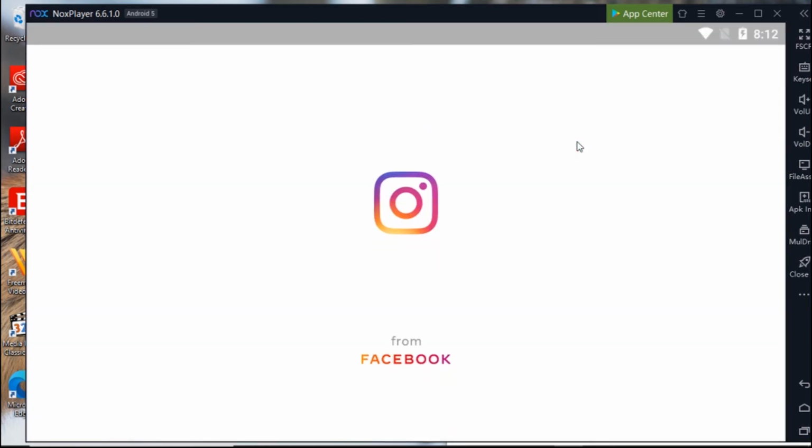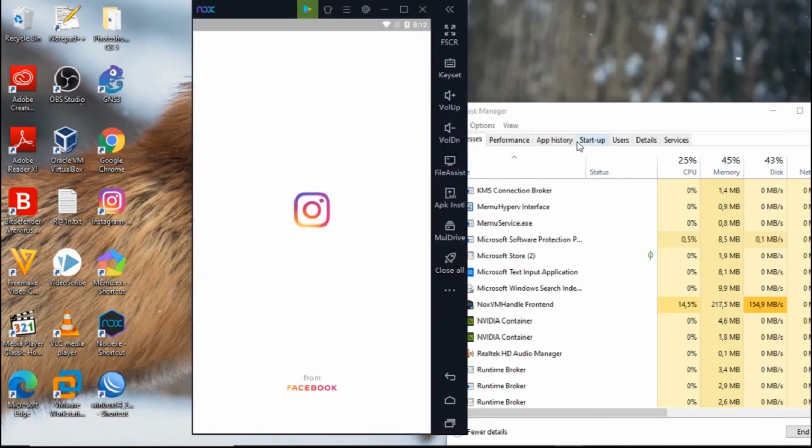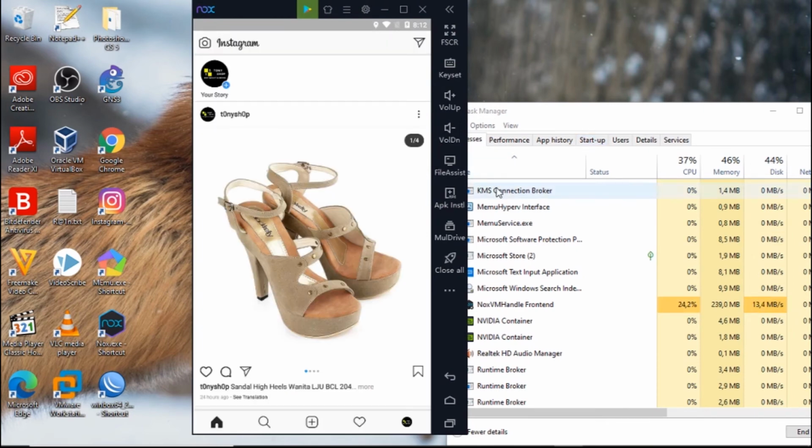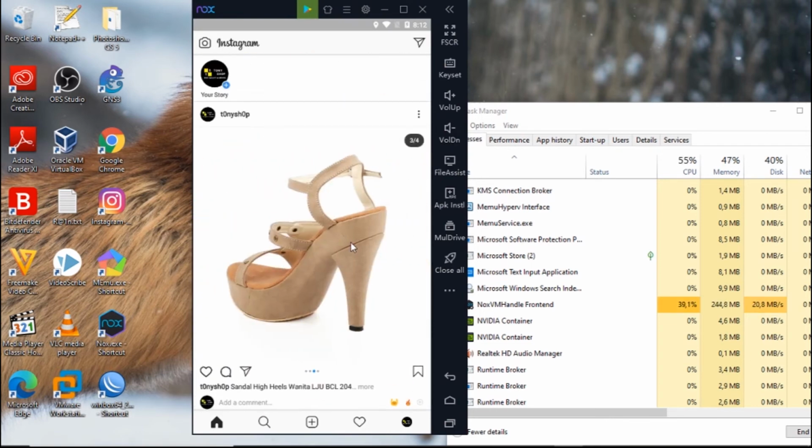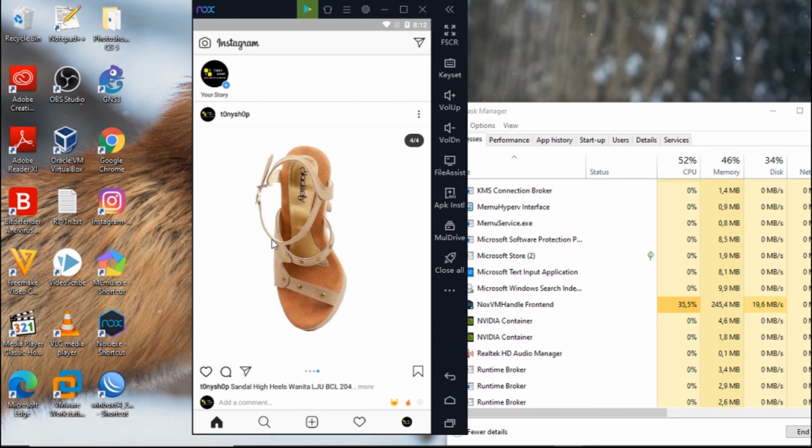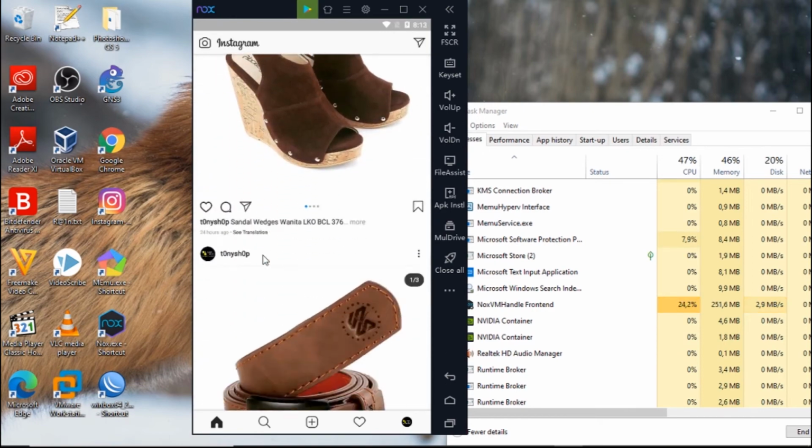This application is running very well for me. I can post as many multiple photos as I want. There is no limit, and yeah, it works properly. Actually, I just post my stuff to sell on Instagram.